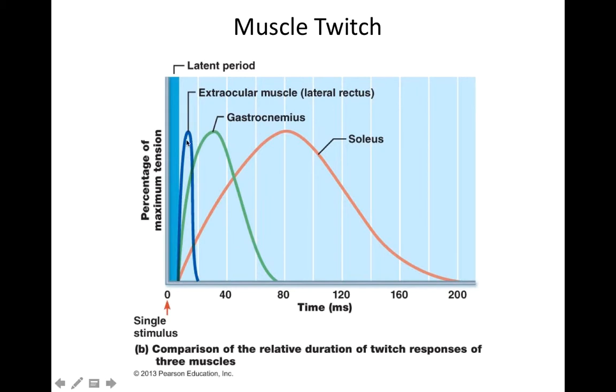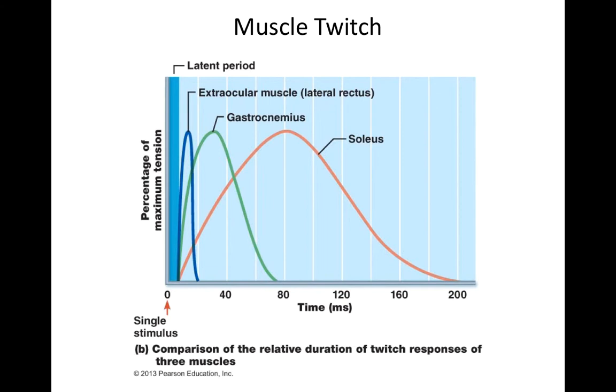And in fact, your lateral rectus muscle, to get to 200 milliseconds, would have to go through this 10 separate times, which means that it's going to fatigue really quickly, because within this same time frame, lateral rectus would have to contract 10 different times. Gastrocnemius would only have to contract maybe about 3 times. Soleus would only have to contract once. The faster the twitch, the more